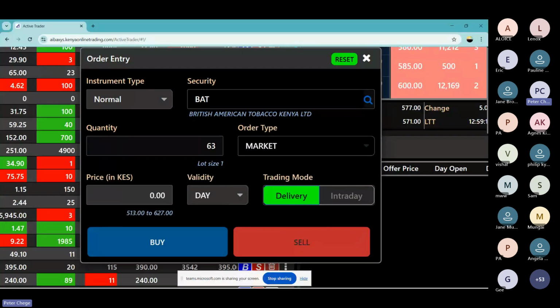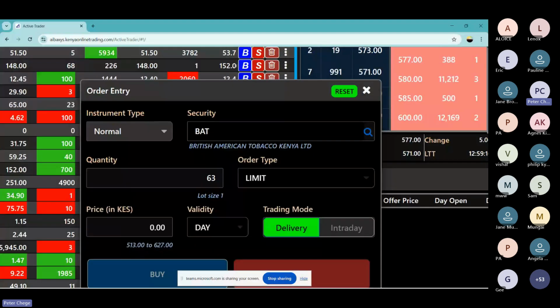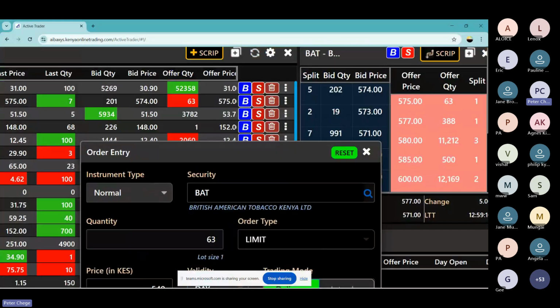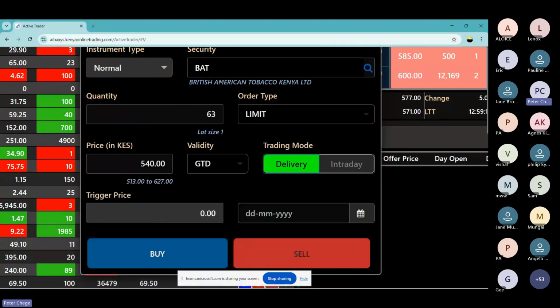Market is when you want shares immediately, but remember, you might be overpaying unless you're chasing the prices before book closure. But you can see the prices, you can always quote the price, so there is no need of using market or market to limit. You can use the limit, put your price, say 540. Since my price is way low, I can't leave the validity as day, because day means the order is valid for that day. That's where GTD comes in,